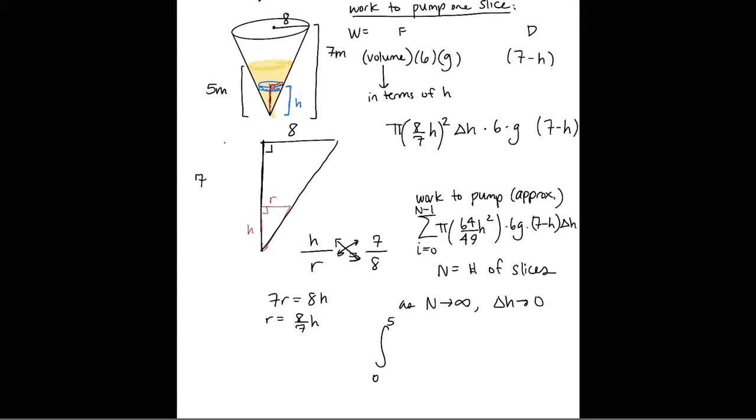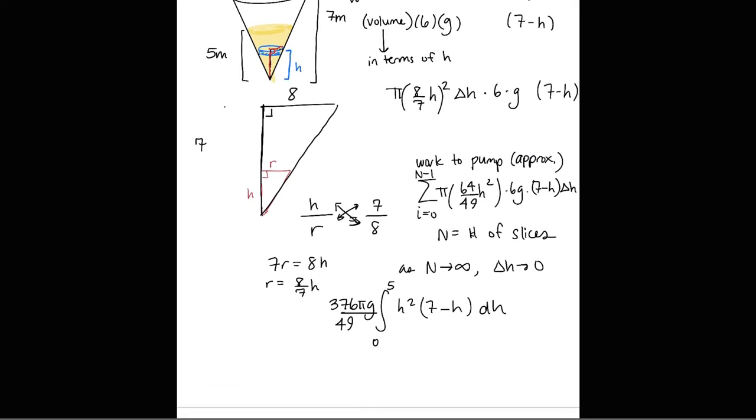We have 6 times 64 over 49 gives me 376 pi g over 49 times the integral of h squared, 7 minus h dh, and you end up getting, when we compute that,